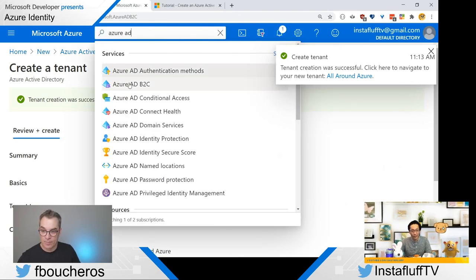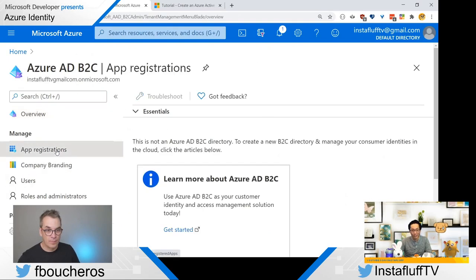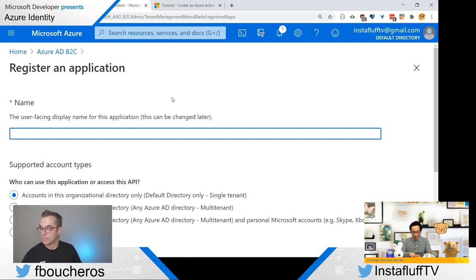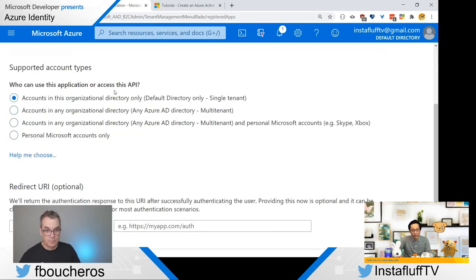Here we go. Now we go here and then we can go to app registrations and then we can create an app. Now we need a name. Okay, so this one we can do all around Azure test. And we'll say accounts in this organization directory only, or